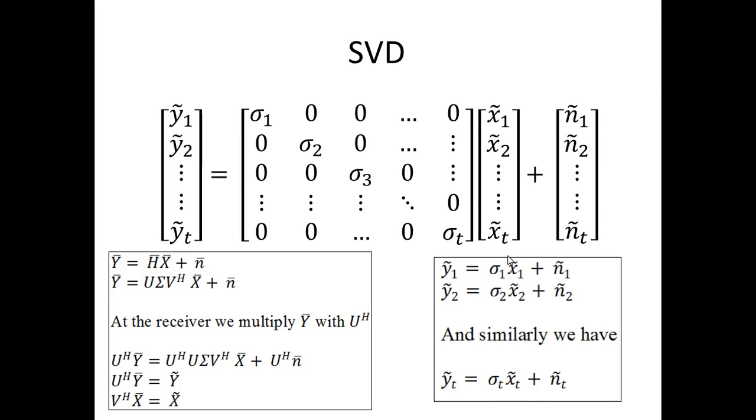We find that Y1 tilde depends on X1 tilde and N1 tilde. Similarly, Y2 tilde depends upon X2 tilde and N2 tilde, and so on up to YT tilde depending upon XT tilde and NT tilde. So this gives a logical idea of logical beam formation,